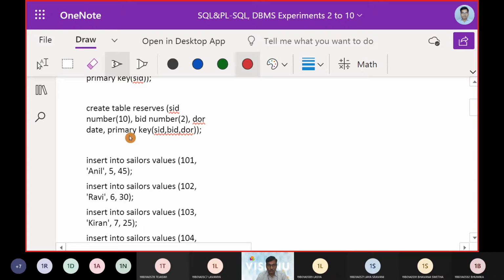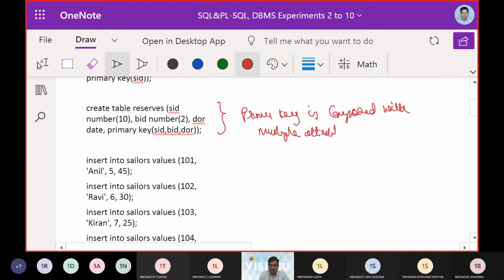Now the row should have the three elements: sailor ID, boat ID, and DOR. So at this point, the primary key is composed of multiple attributes to uniquely identify the rows.